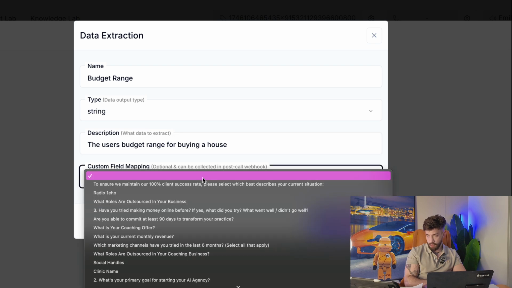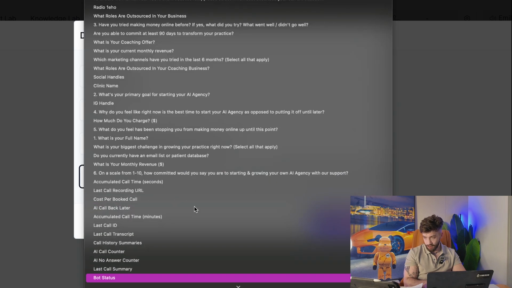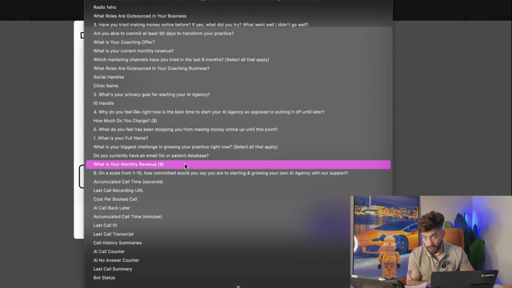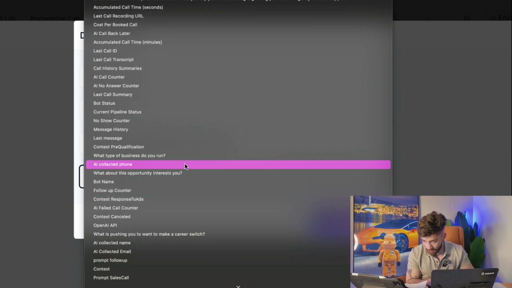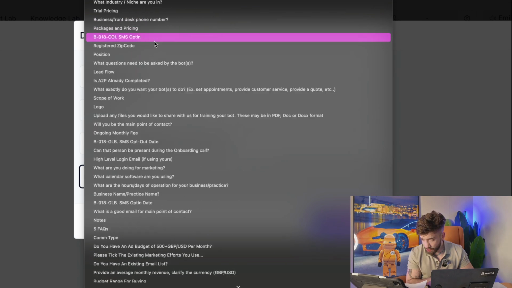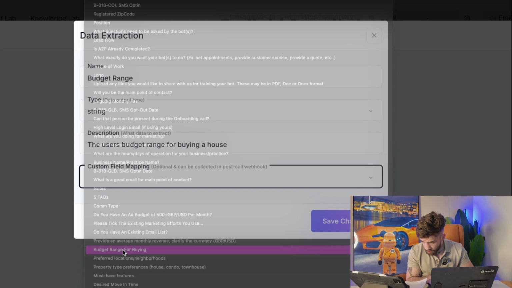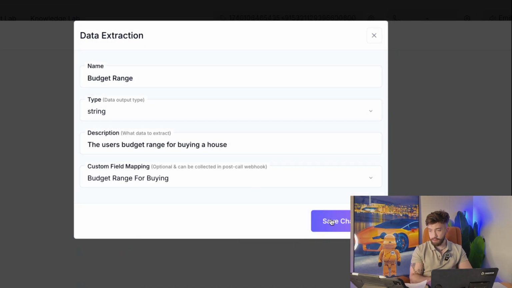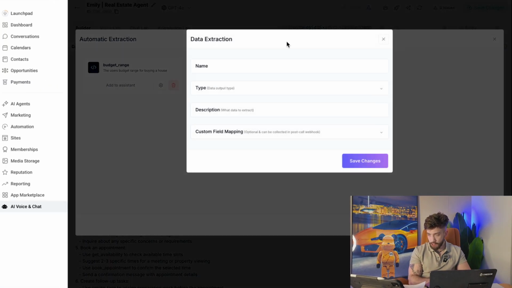And then, okay, now you have to find the link. So this is going to be a lot of going through here. Is this alphabetical? Maybe it's the bottom. Let me check. Ah, here we go. Budget range for buying. Click save. And then the next one